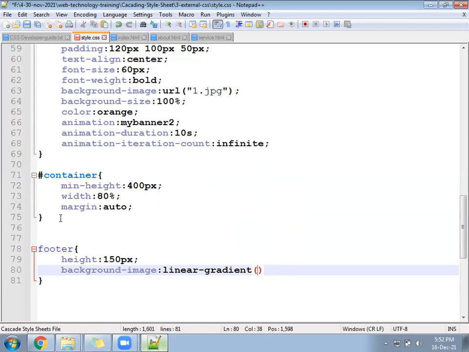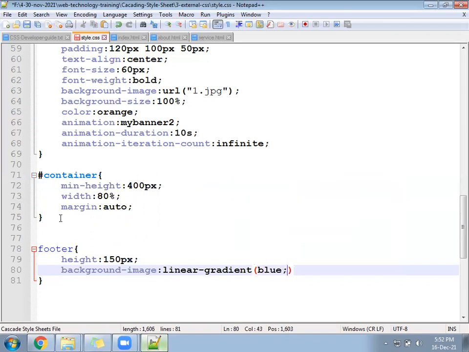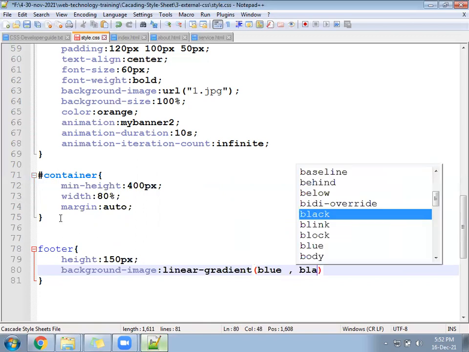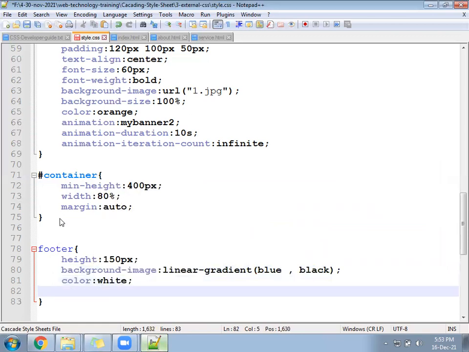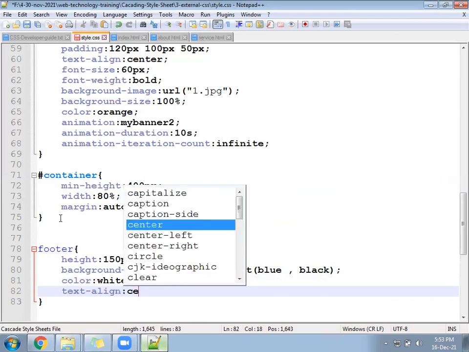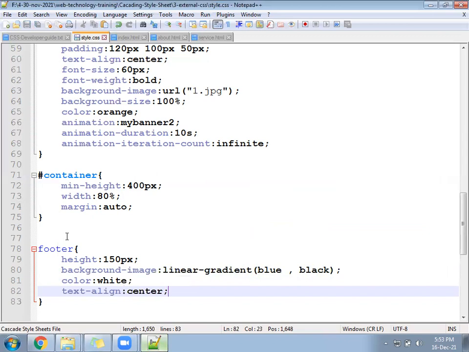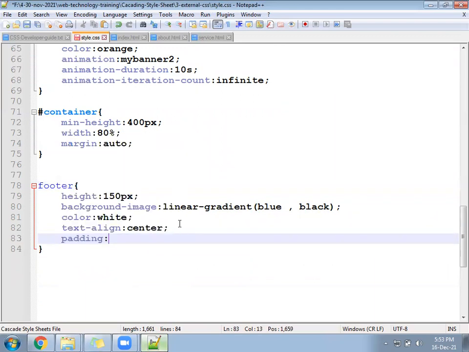Upper section blue and bottom section black. Color should be white and text-align should be center. Padding also you can keep something, somewhere 10px.